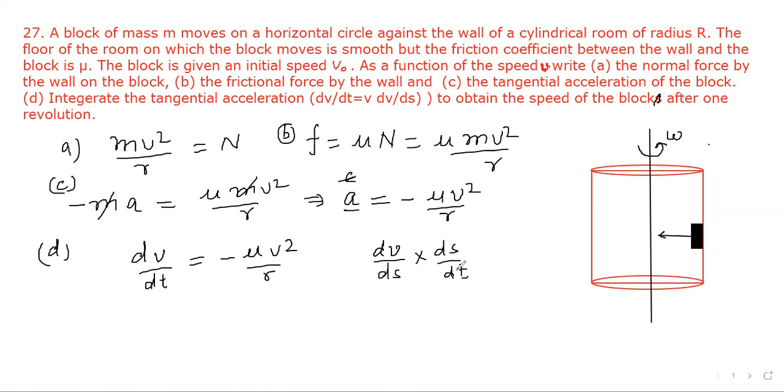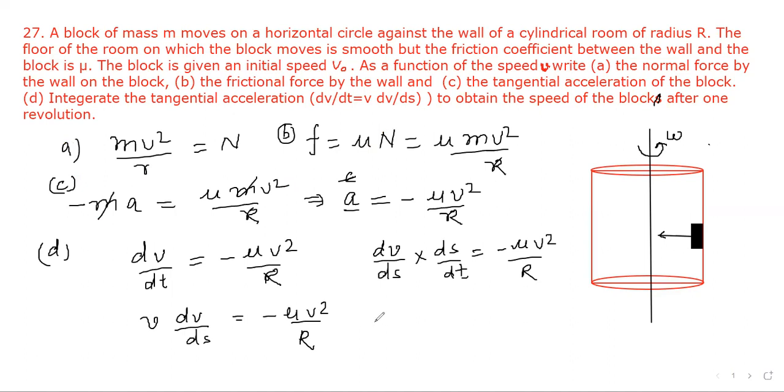Here we have introduced ds. And that is equal to minus mu v square upon R. Now, ds upon dt is equal to v. So v times dv upon ds equal to minus mu v square upon r,